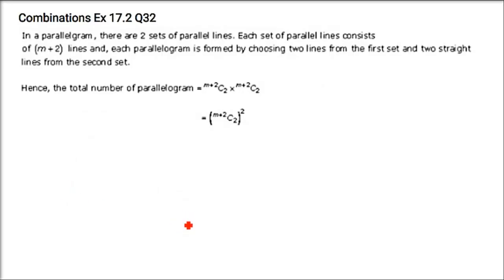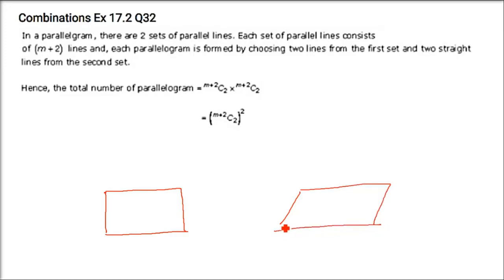Now this is actually a parallelogram question. A parallelogram is cut by 2 sets of M lines parallel to its sides. So you have a parallelogram. A square is also a parallelogram, and so it is cut by two sets of M parallel lines, parallel to its sides. M parallel lines. So if you take two, say these are M.